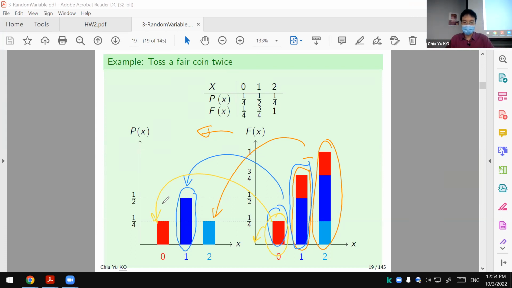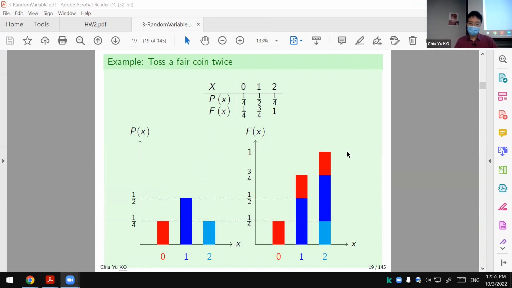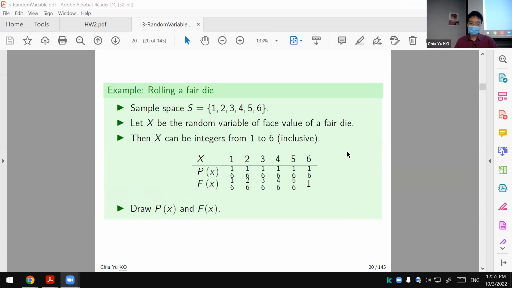Okay, I hope it's very clear how you can describe your random variable. Okay, and we will be using P from now on, at least for the discrete random variable. F, we will just keep in the background in your mind. We will use it again when we talk about continuous random variable. So for the moment, we just look at the P. Okay, we will use the P and how the P can be useful for our context. Is that clear? Okay, so now we are going to look at how P is useful in terms of doing